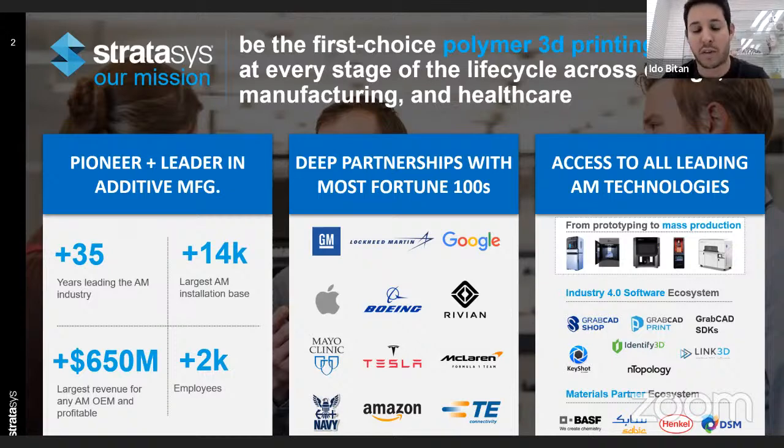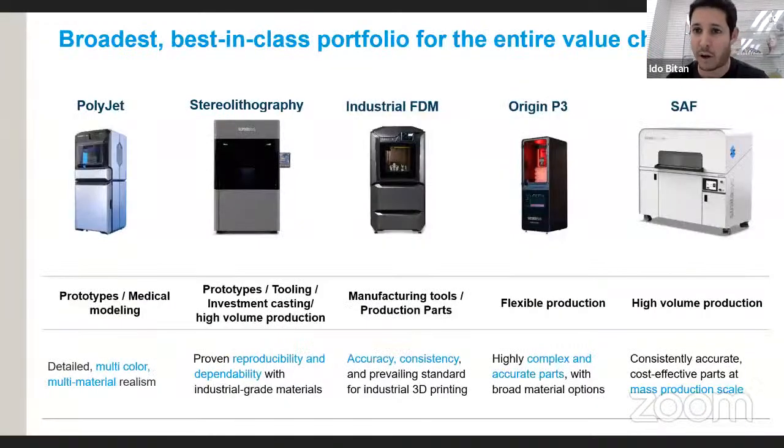And we're also working with the top software companies in order to make our printing much more suitable for the industry users. Talking a little bit about the products that we have. We have 5 different main technologies. Each one of them has different levels of scalability, I would say, or professionalism. Some platforms are smaller, some are bigger. I'm not going to go into the details of that, but just to give you a whole perspective of the